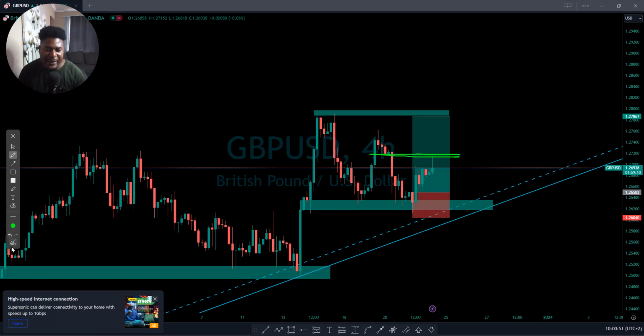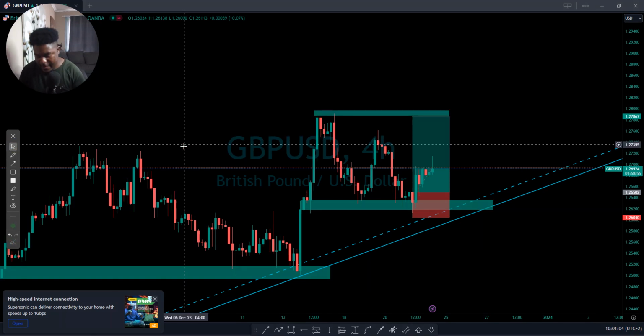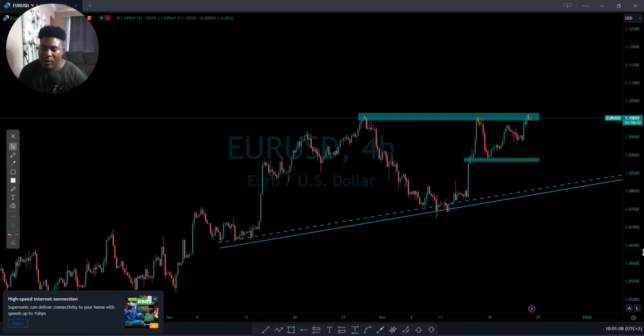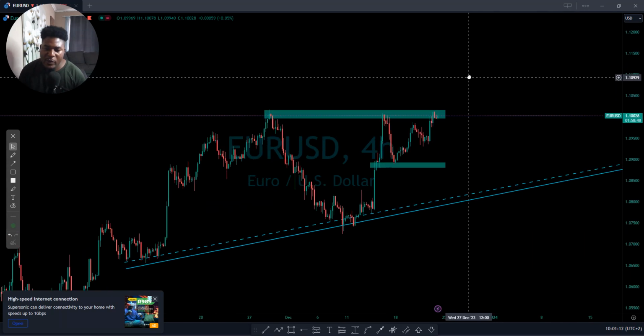So I'm still expecting the market maybe to push even higher. Maybe it will reach this area. After that, maybe the market will push lower, then continue, or maybe the market will break this resistance and keep pushing to the upside. That is also possible. But sometimes the market might disappoint you, but you should understand that as long as you do the right thing, as long as you follow the structure, most likely you're not going to get disappointed.